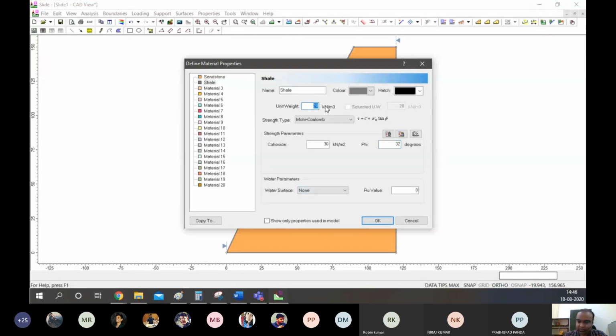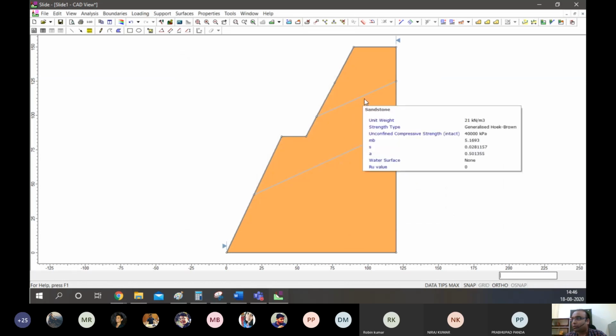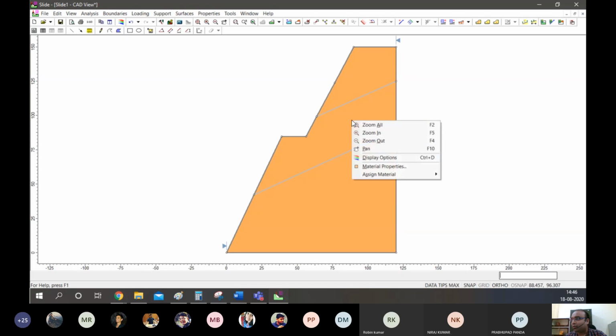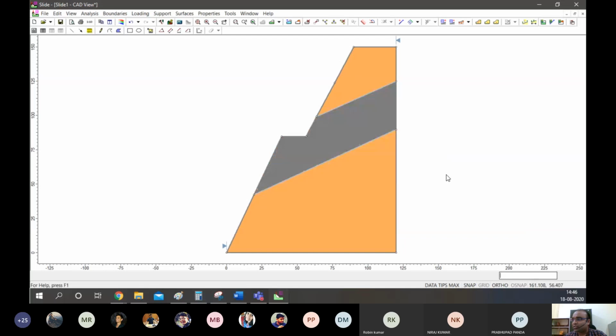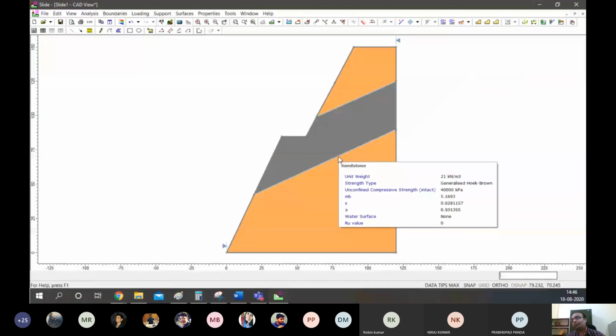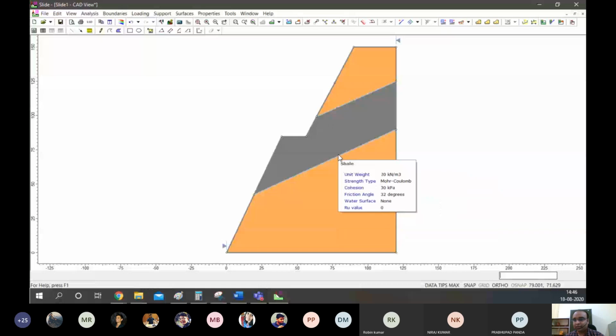Unit weight of shale will be less than sandstone, right? Yeah. So let's keep it at 20. That's okay. And we click OK, right? So right now we have not assigned that second material to any place. So right click where we want to, and we see assign material. So we assign the shale. Now we see how a banded type of geometry can be designed in here.